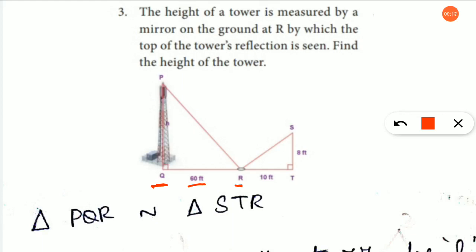Same way, this side also they have given you another triangle. In order to find this H, I am going to prove this PQR is similar to STR. Only if I compare two triangles, I can find this value. If I am already having two values here, then the value of the third side can be easily found. Right? That is why I am going to compare and prove whether they are similar or not. Okay children, shall we continue?